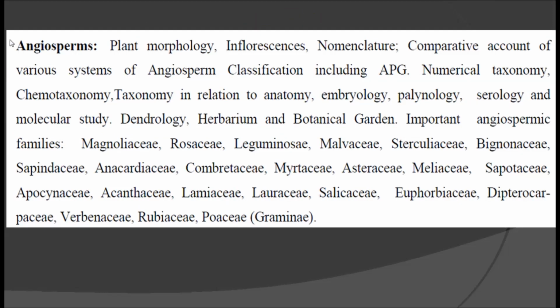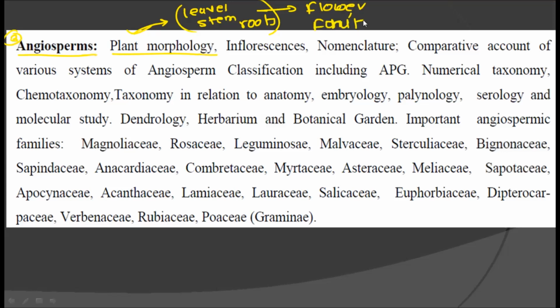The third chapter belongs to the angiosperms, and in the angiosperms we have to study plant morphology. Now the term plant morphology extends to all the morphological characters the flowering plants can have. That is, the typical morphological characters of plants like leaves, stem, roots, etc. are all covered in plant morphology. Not only this, you have to study the morphological characteristics of the flowers as well as the fruits of angiospermic plants. Alright. So in order to cover plant morphology, you should study in detail the external morphological characters of the